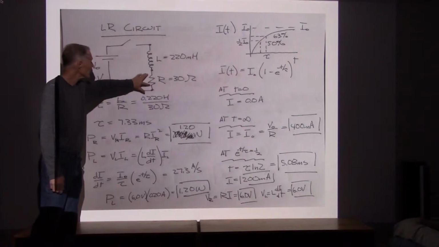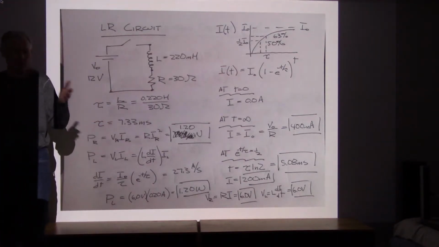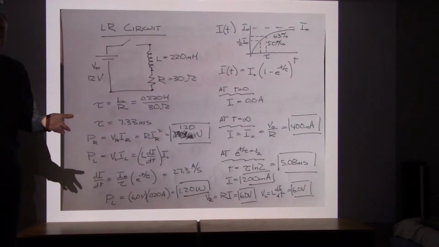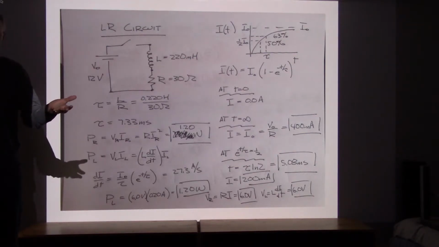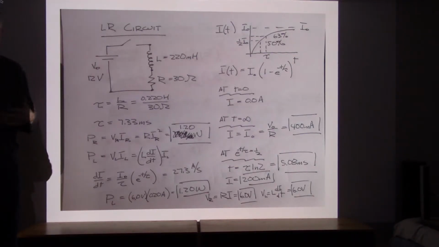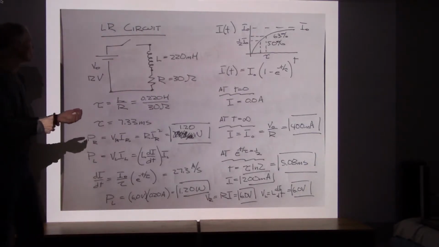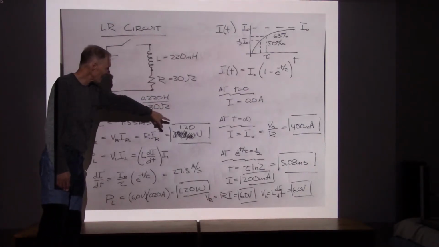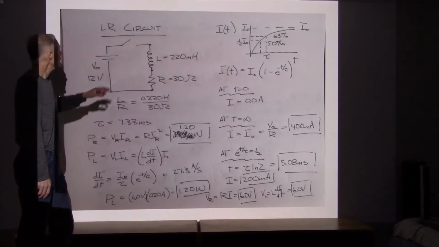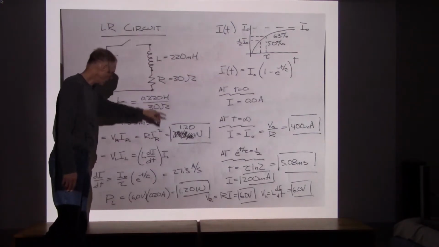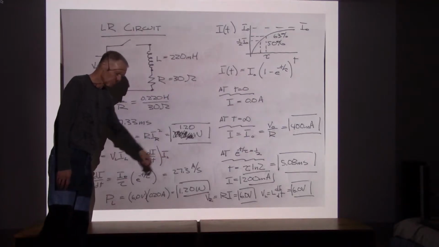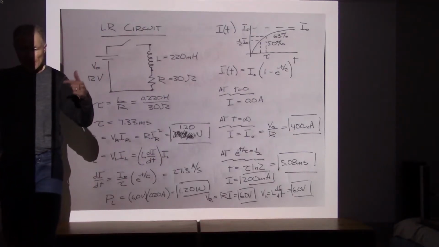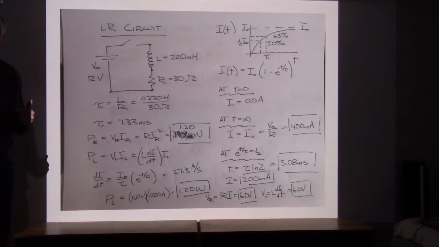1.20 watts are in the resistor going into thermal energy. So resistors do that, right? They just take the energy and create heat. And so I'm not getting back the energy that's been lost through the resistor. So the resistor is taking out 1.20 watts. The inductor also is taking energy in at 1.20 watts,